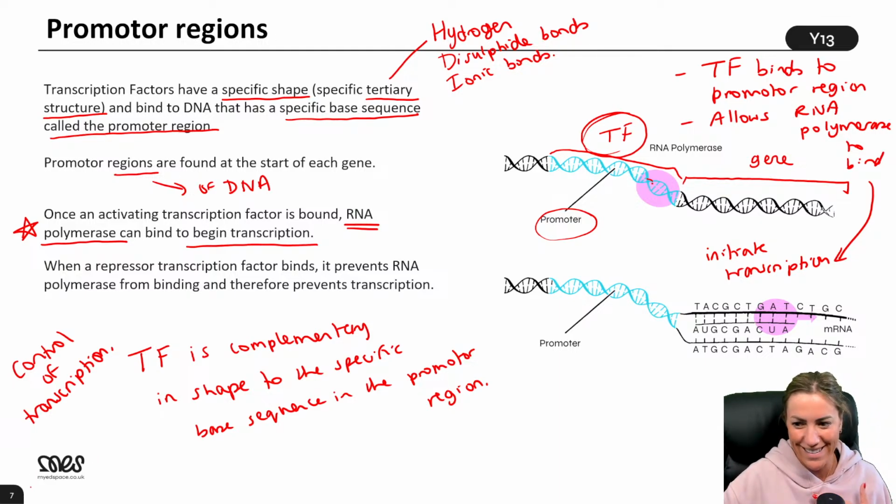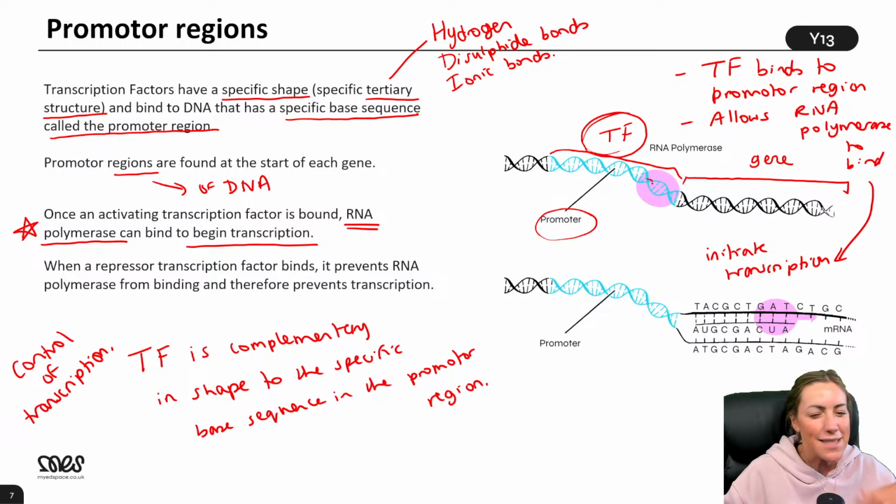Chat's gone quiet. How does it get produced? You tell me. What did we say a transcription factor was made from? It's a really good question. Nafisa just said, how does the transcription factor get produced? Daisy said the transcription factor is a protein. So where does it get produced? Where are proteins made? In the ribosomes.